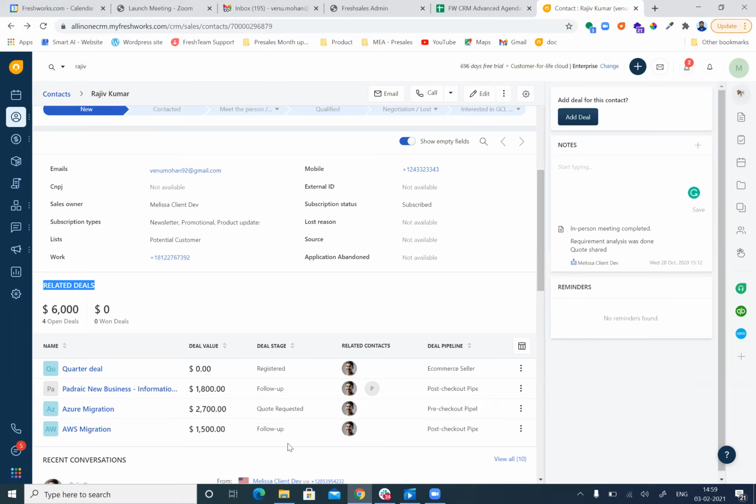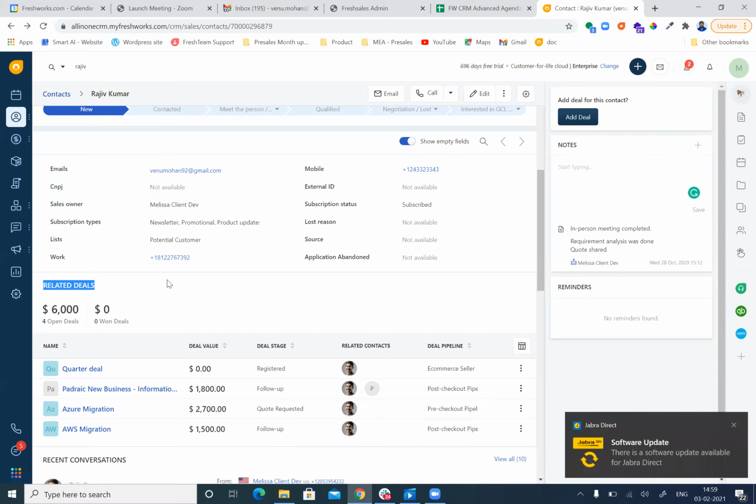You are able to see a detailed classification and the closures on a month basis. All this you will be able to see as part of the deal module. We will touch upon that point later on.